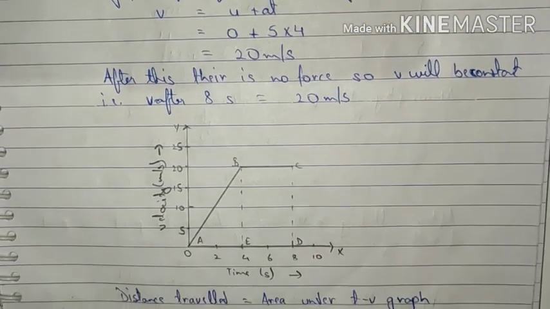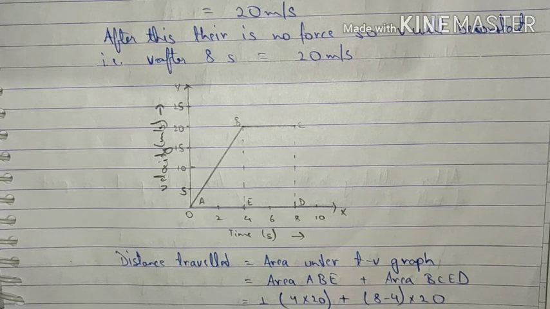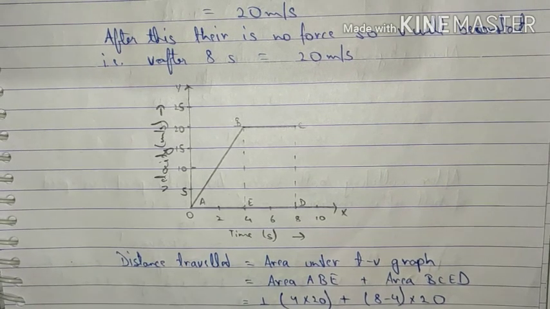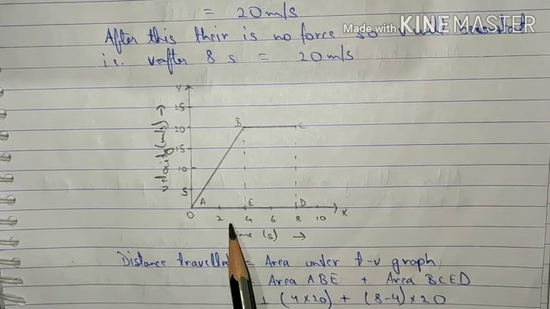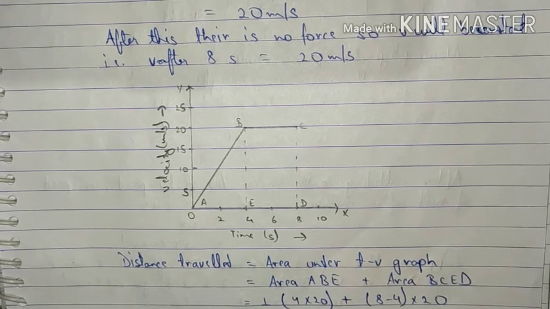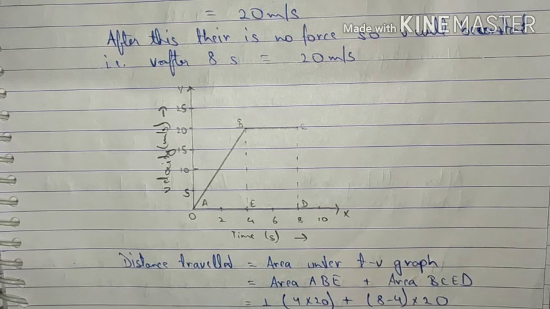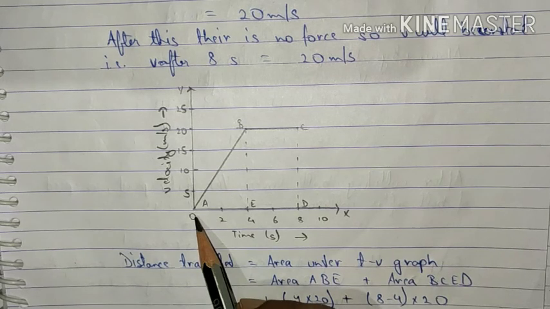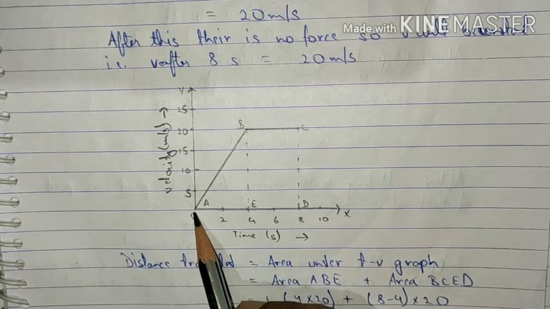That means we can depict the velocity time graph for this particular situation in this manner. First of all, we are going to take time on the x-axis and velocity on the y-axis. I have taken the divisions on the x-axis for time as 0, 2, 4, 6, 8, 10, and on the y-axis as 5, 10, 15, 20, 25. We all know that when time was 0, the velocity was also 0. That is, u has been given as 0 over here. So the graph will start from this point.